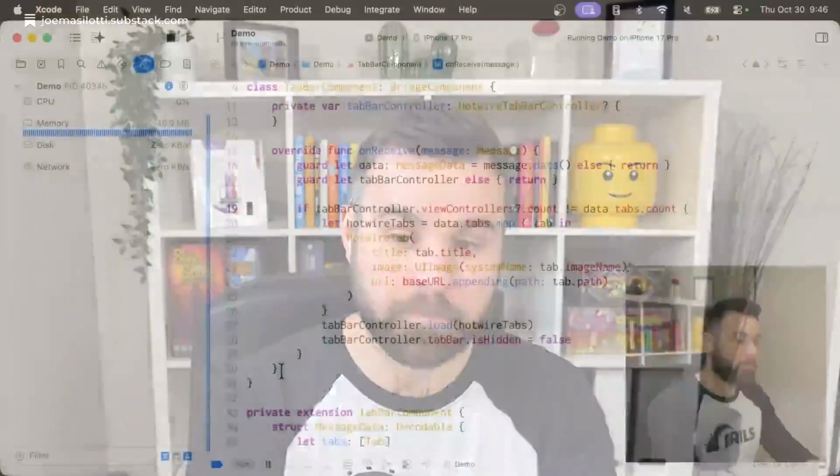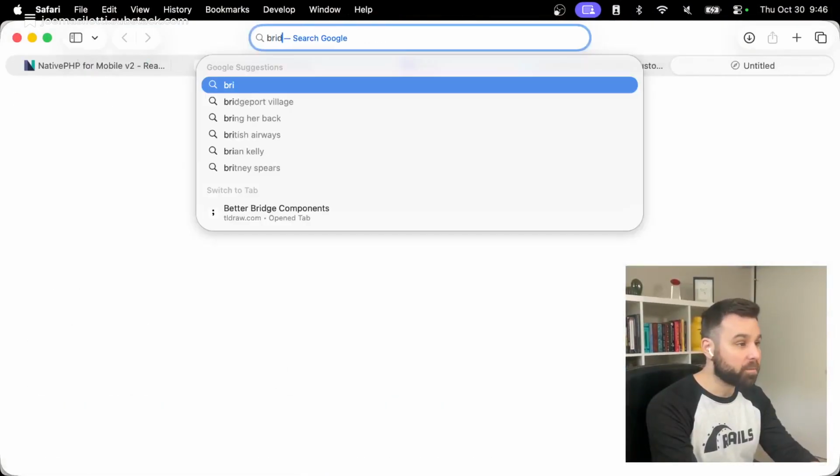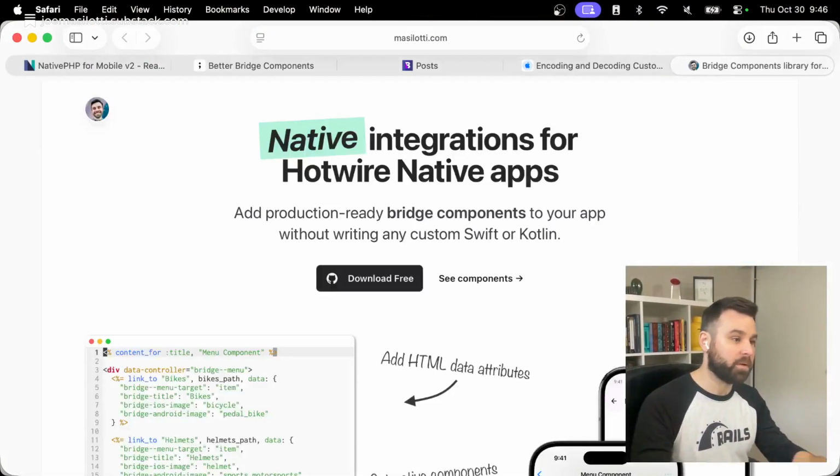And I think where I'm going with this personally is that I don't know if these will ever exist in Hotwire Native. I don't know. I could push for them, but I don't know if that's something that we want to support. Maybe that's not the case anymore because now that we have the first party tab bar controller, we could. But what I definitely see happening is that my bridge component library, bridgecomponents.dev,